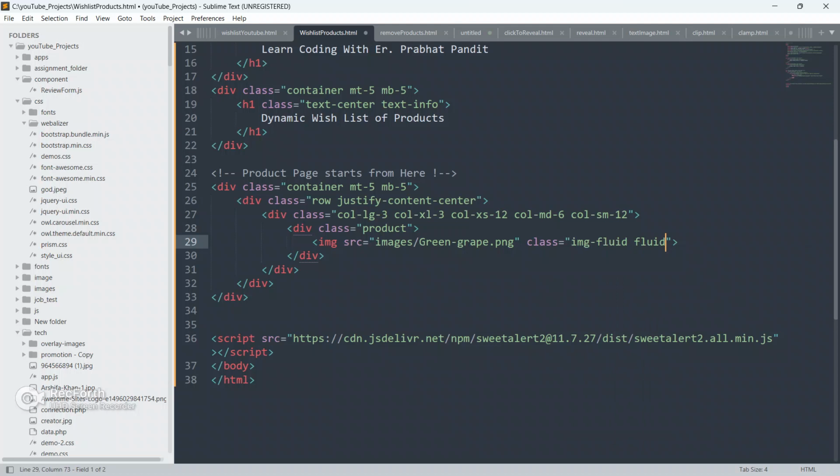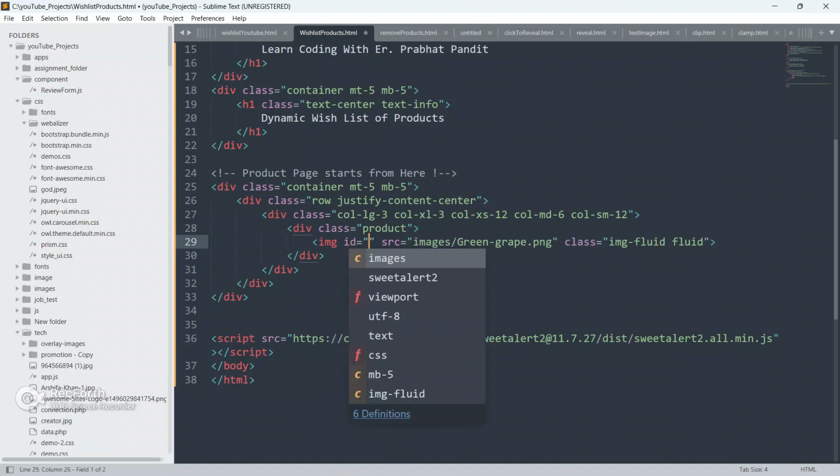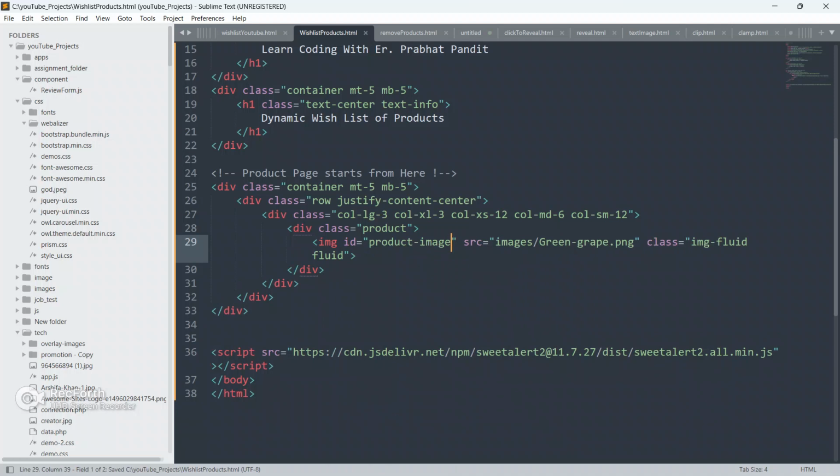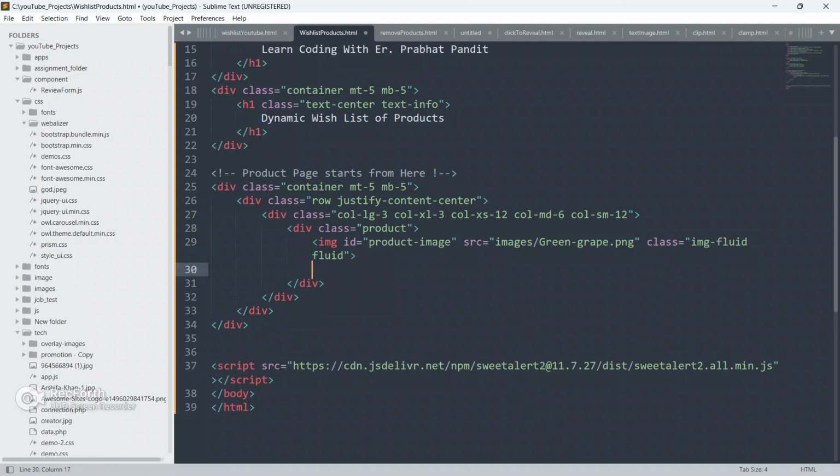I'm gonna give the class also img-fluid, and give the id also as product-image.